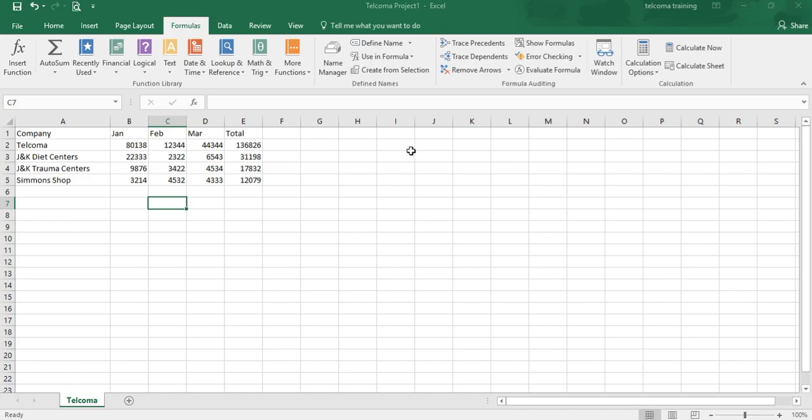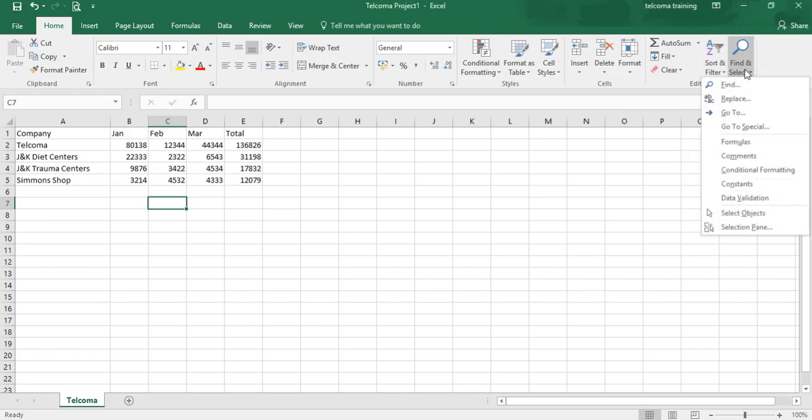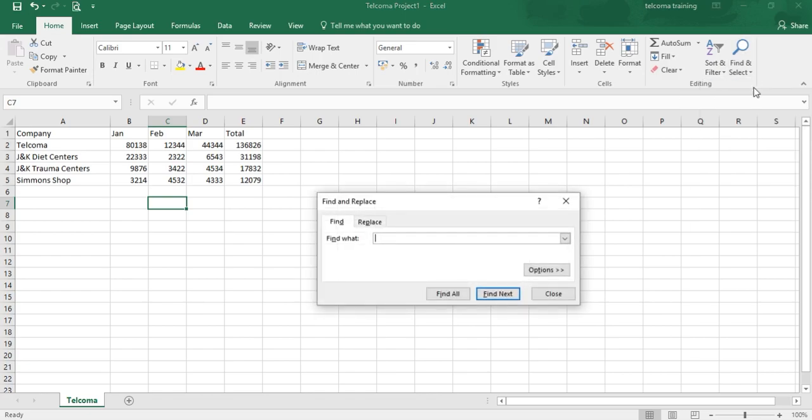You just go to Home. In the Home tab, you have the option of Find and Select. When you press it, you get a drop down of Find, Replace, Go To, Go To Special. We will discuss them. Firstly, you have the Find